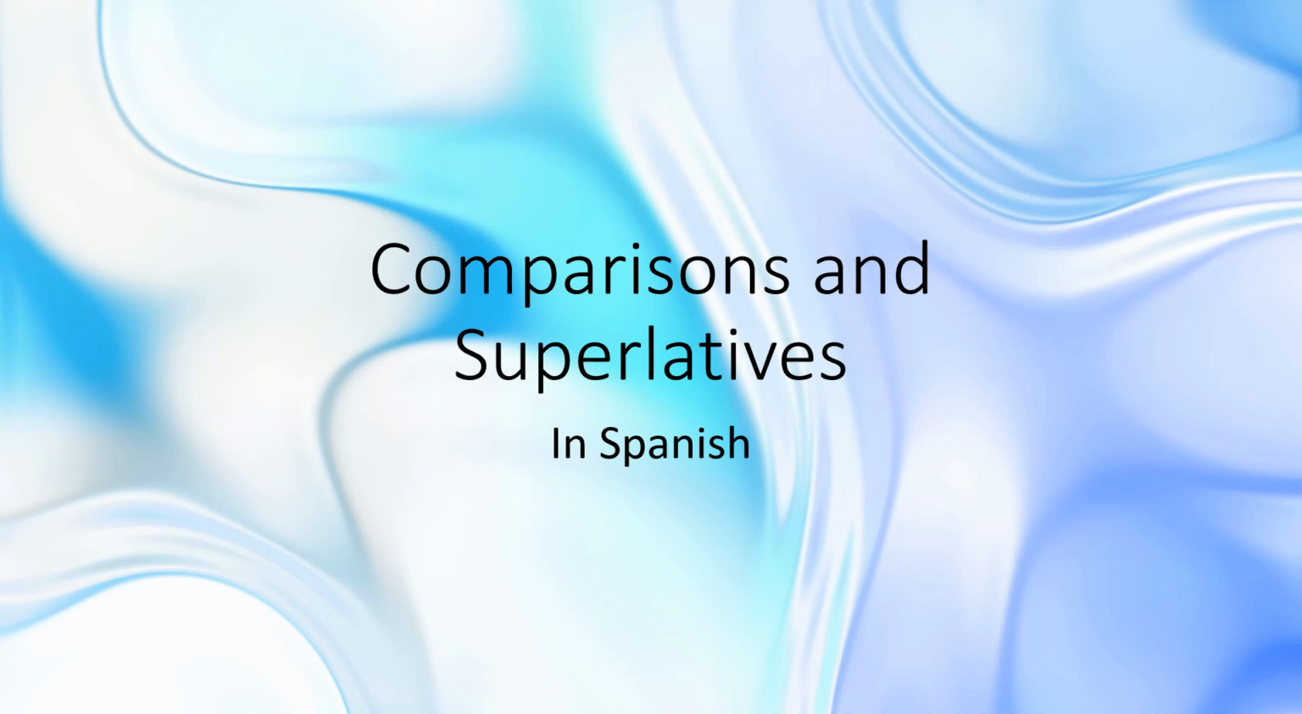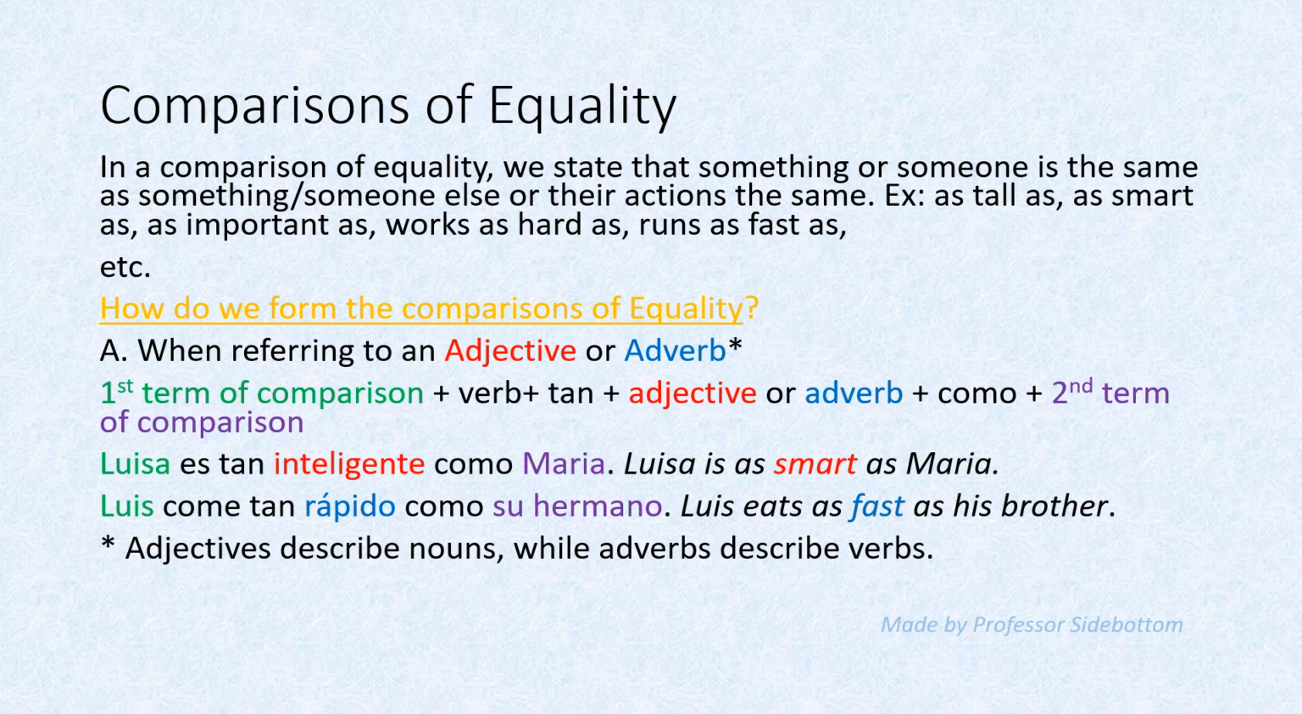In this video, we will talk about comparisons and superlatives in Spanish. First, let's start with comparisons of equality. In a comparison of equality, we state that something is the same as something else, someone is the same as someone else, or that actions are the same. For example, as tall as, as smart as, as important as, or for actions, works as hard as, runs as fast as,